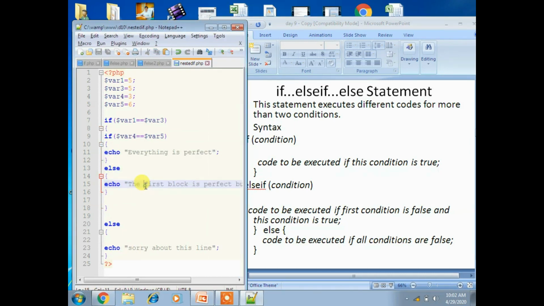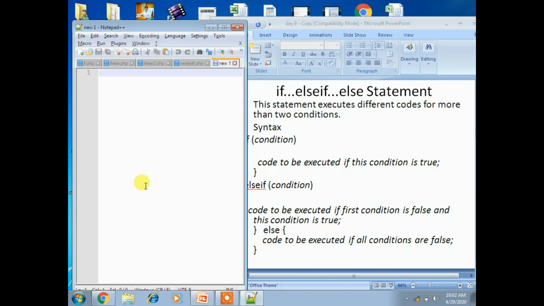I'll take a new notepad for this else if statement. I'll take PHP, and then I'll take book information. So $book equals a string; you can place it in double or single quotation marks, it doesn't matter, it will work.